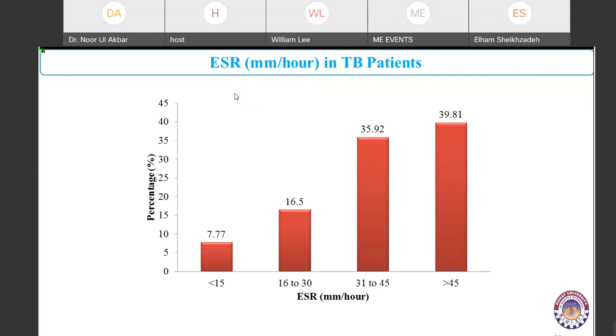The ESR is very important to be checked before the treatment and